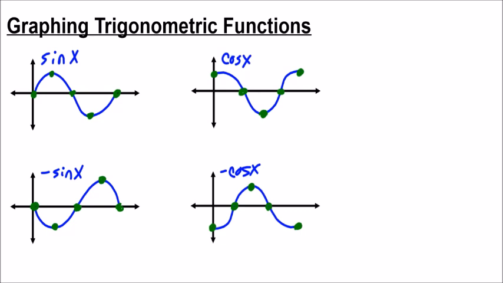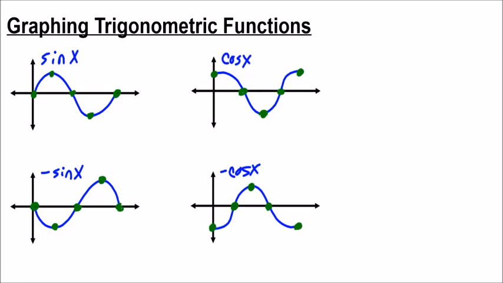But before we start with any of those, the important thing I need to talk about now is the key points that make up every sine wave and every cosine wave. So these four pictures here show the 5 key points that make up a sine wave, a cosine wave, and I also have the reflections, a negative sine and negative cosine. Because if you want to graph a sine or cosine wave, all you need to use are 5 points. And those 5 points would be a min, a max, in the case of a cosine, multiple maxes, and then